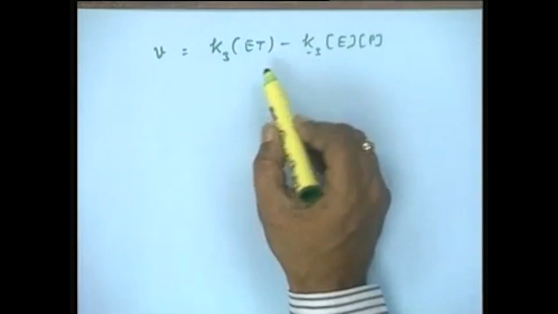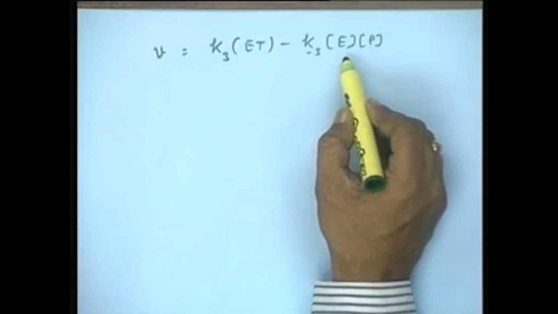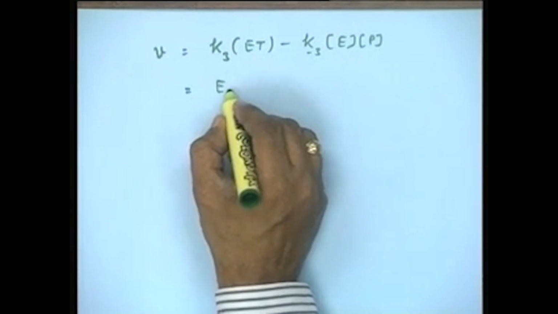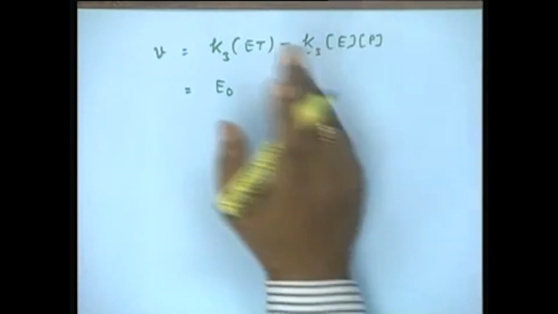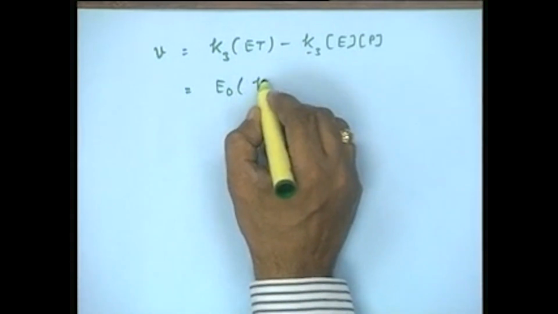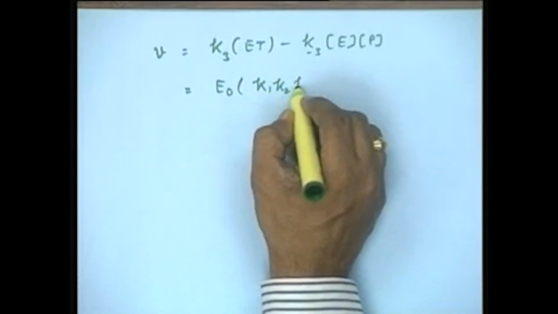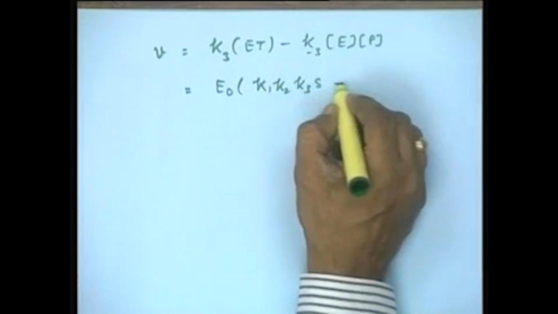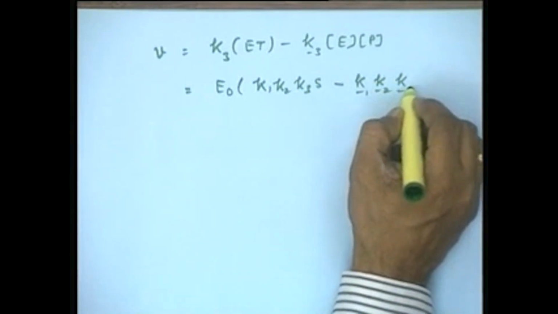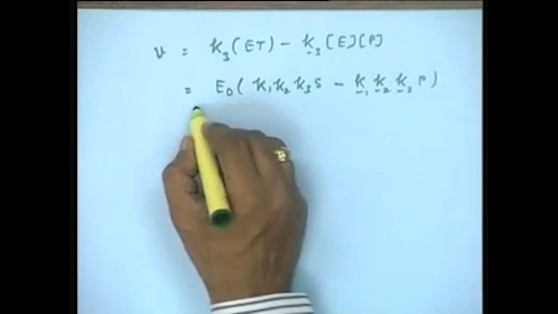Now, we can substitute the value of the Et and E in the expression and you end up as E naught, and after deleting all the factors which are positive and negative, you come out with the K1, K2, K3 into S minus K minus 1, K minus 2, K minus 3 into P whole upon